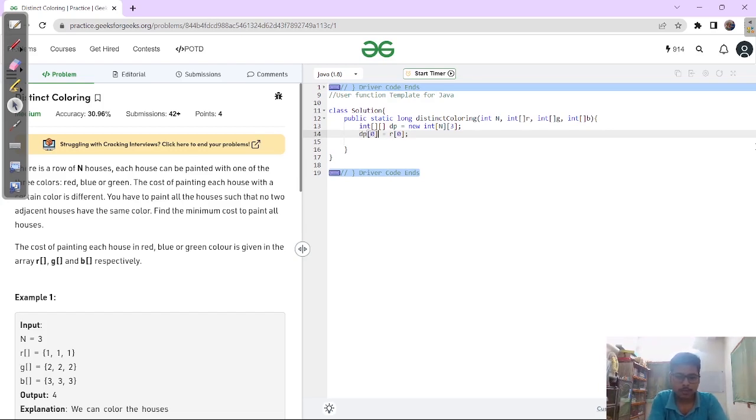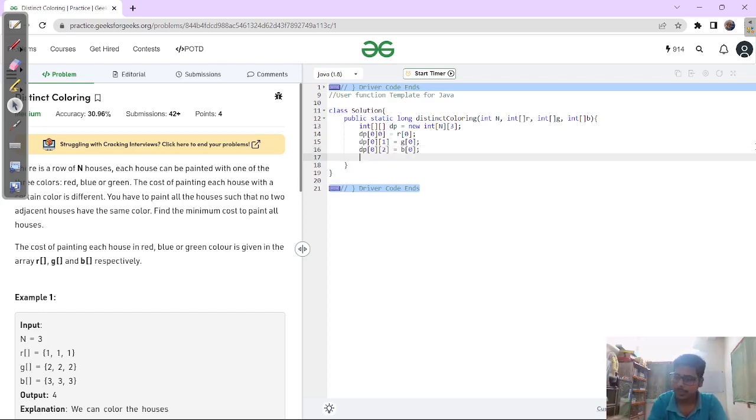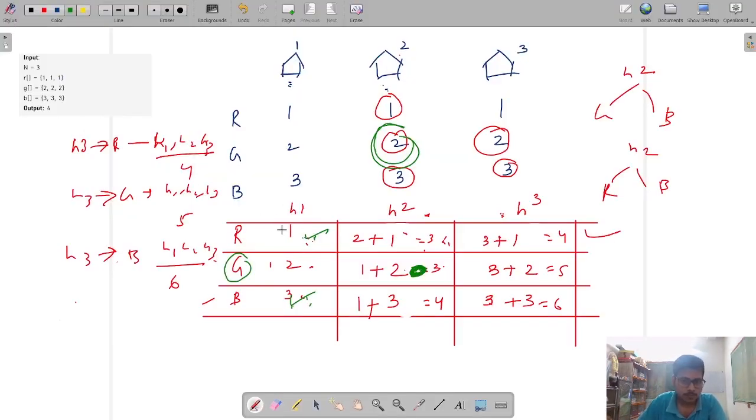DP0 0 is R0. DP0 1 is G0. DP0 2 is B0, right? That is what we are doing. DP0 0, that means this element is red 0, which is this. DP0 1,